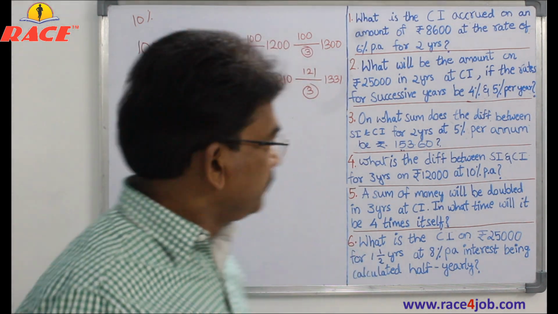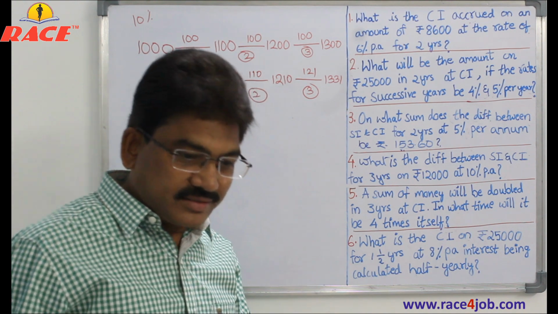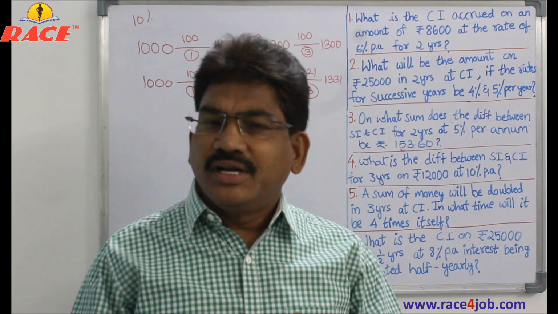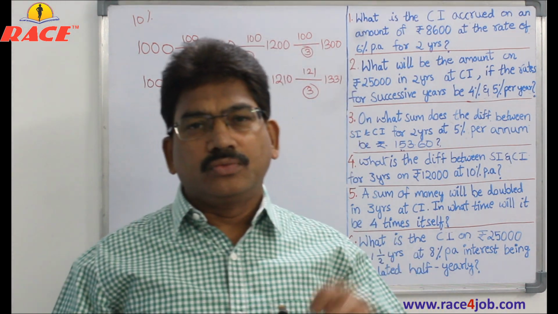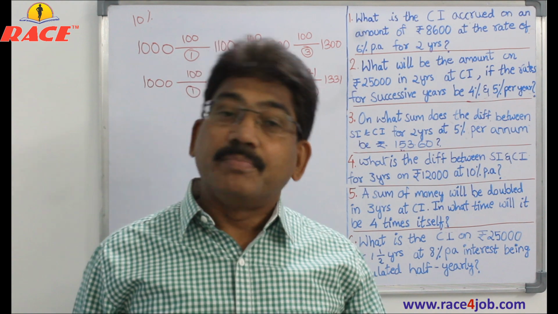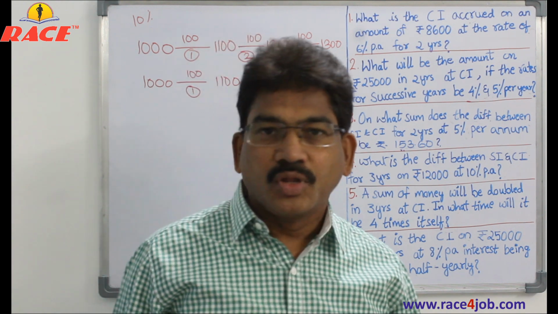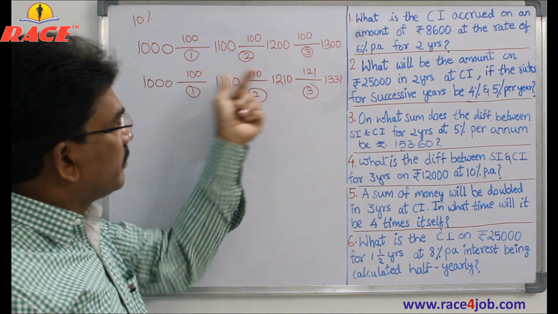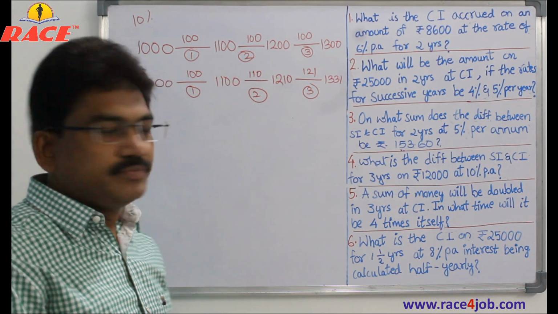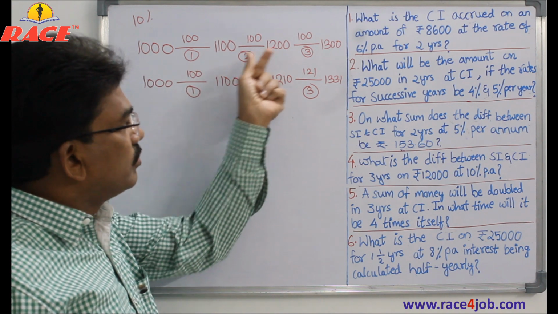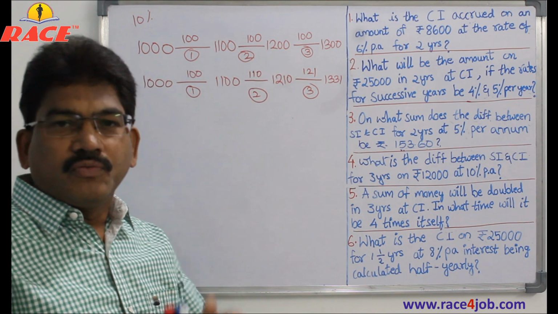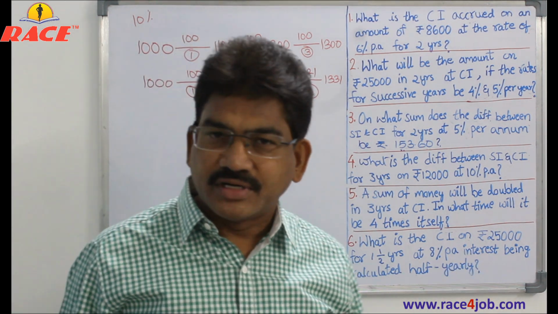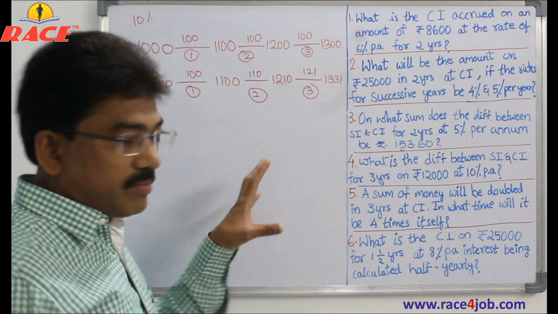Right? And how do we calculate this compound interest? Generally, most students use a formula to calculate compound interest. Besides that, there are two more ways. One way is, of course, this way only: calculating interest separately. Every period we calculate interest. First year what is the compound interest, second year what is the compound interest, third year what is the compound interest. We add all the interest and get the total compound interest for the required period, 2 years, 3 years, or whatever it is. That is one way.